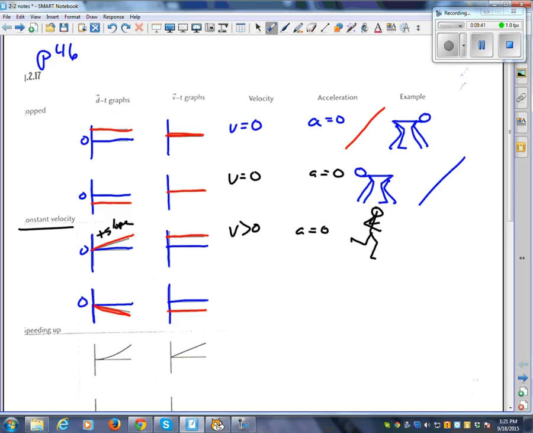Still flat. This time here, my velocity is negative, less than 0, right? The graph is below, it's negative. And the acceleration, 0. How come? Because the vt graph is flat. Okay, this person is running at a constant speed